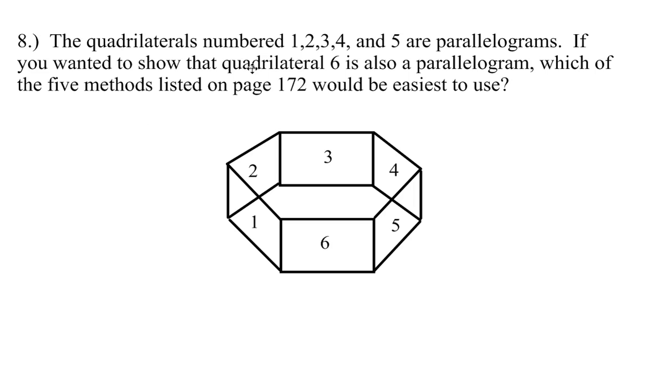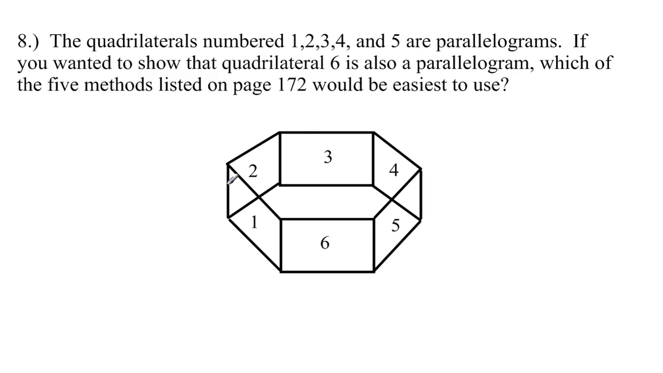The next one here says the quadrilaterals numbered 1, 2, 3, 4, and 5 are parallelograms. So these are all parallelograms of the three-dimensional figure here. And if you wanted to show that quadrilateral 6 is also a parallelogram, which of the 5 methods on page 172 would be easiest to use? Well, out of the 5 methods here,